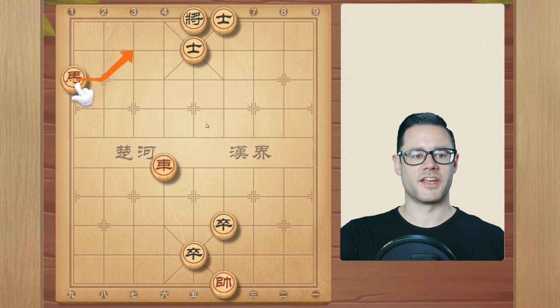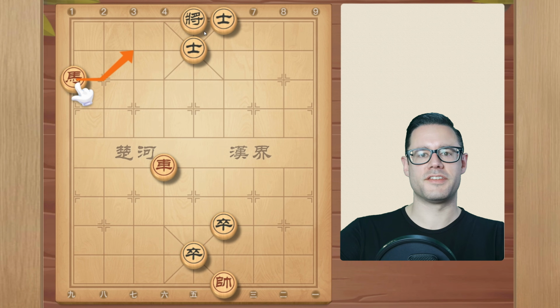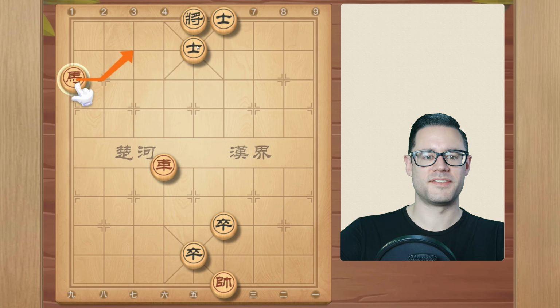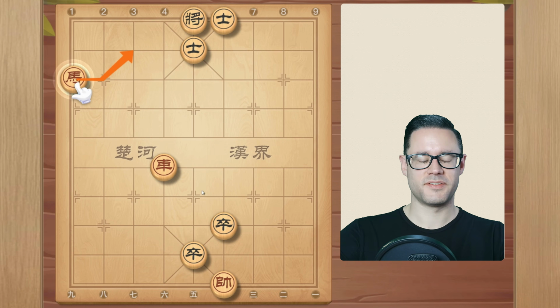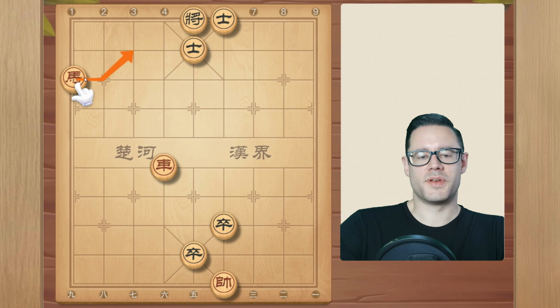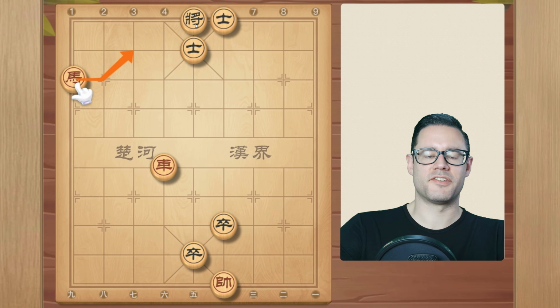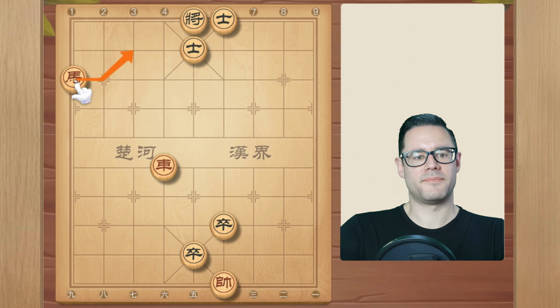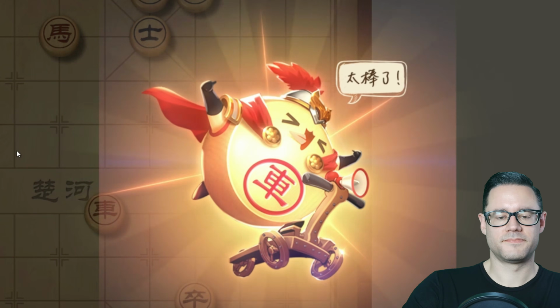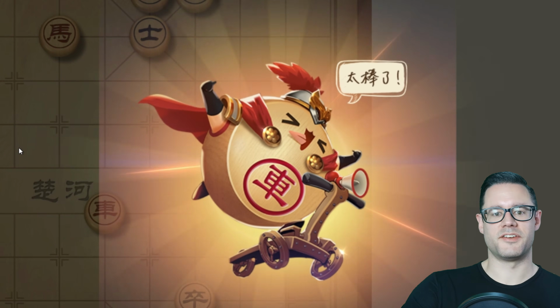Here's an example of delivering a checkmate using a horse. So currently the general is stuck back here behind his advisors, and he can't move out from behind them because of our chariot. So the general is completely stuck in place. So if we place an attack on the general without changing anything else in this configuration, he can't escape that attack because there's no escape path. So in this case, moving our horse to file 7 means that, one space forward, one space diagonal, our horse places an attack on the general and he can't escape it. That's checkmate. So that's the basics of checkmating.